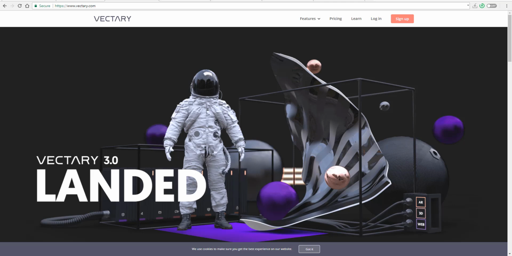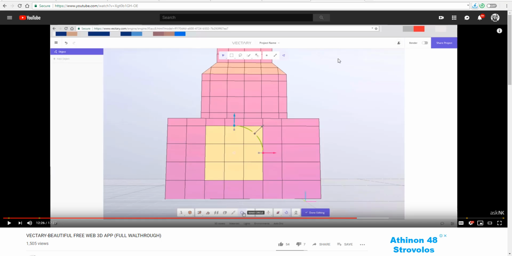So in today's video we have something that we have seen before, and we have actually talked about this tool. What we did when we talked about it was look at how you can make use of it. There was this video I did a long time ago called Vectary Beautiful Web 3D app, and we went through Vectary. We did a complete walkthrough about how you can play with the tool, and afterwards, in about a few days,